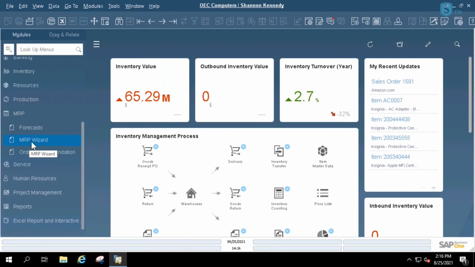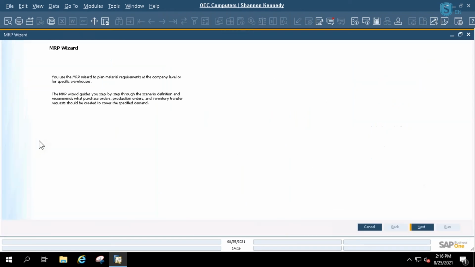Our MRP wizard is what allows us to utilize your material requirements planning within the system so that we get a recommendation report. That recommendation report is what prompts SAP Business One to automatically create your procurement documents or your purchase orders in terms of your forecasting. This is going to save you a lot of time because you won't have to manually look at your inventory for specific items and create those POs